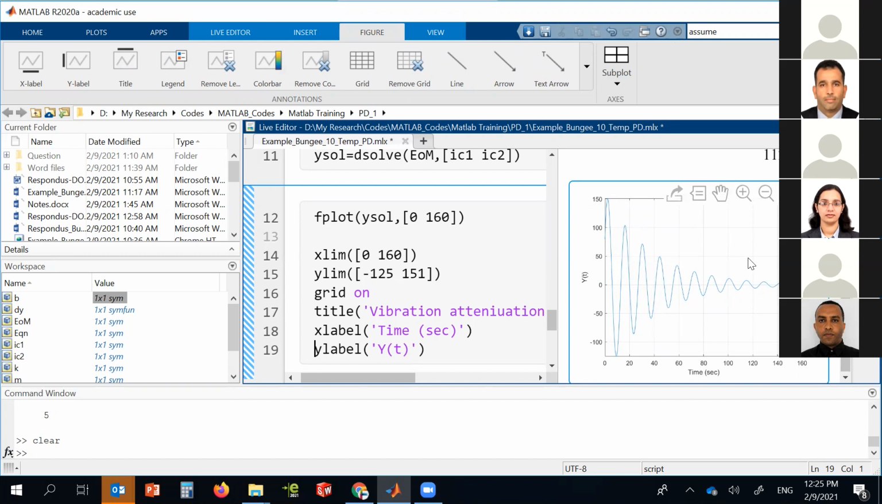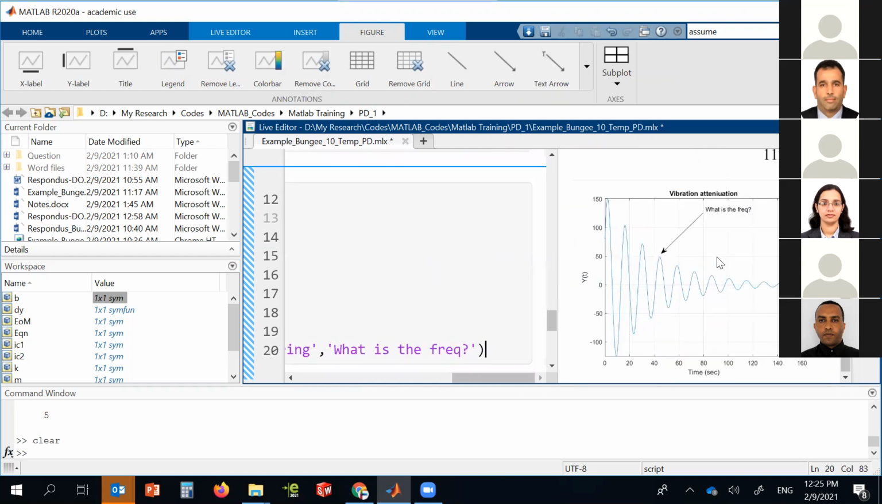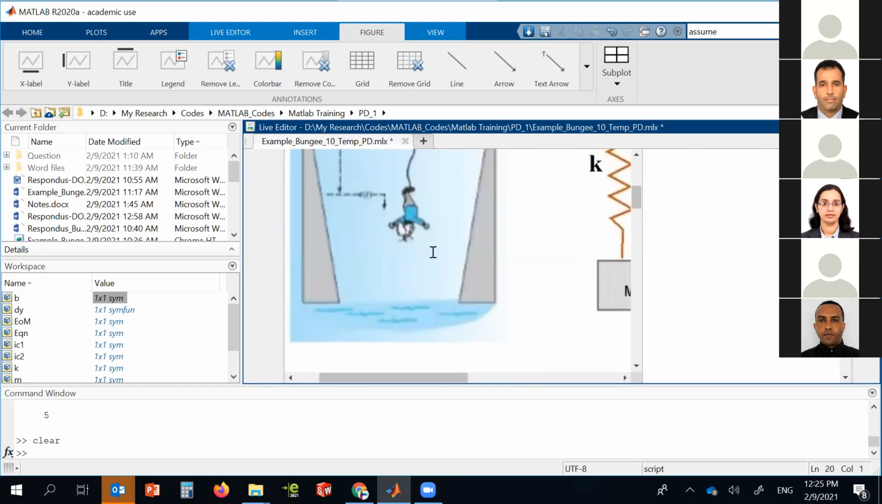One of the things I can also add, sometimes making questions is difficult, so I can add an arrow. Then I'd ask the student, for example, what is the frequency of this wave? Then it keeps updating. If I change again,